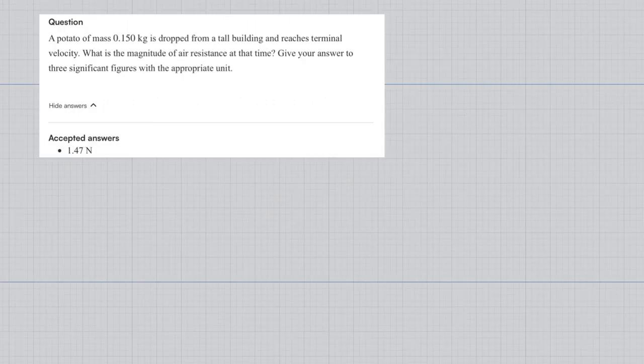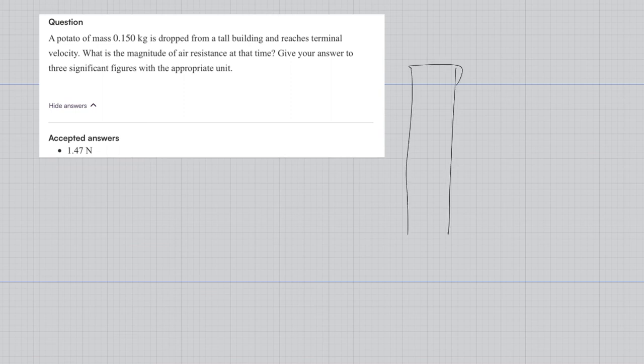Our next question says, a potato of mass 0.15 kilograms is dropped from a tall building, and reaches terminal velocity. What is the magnitude of air resistance at that time? Give your answer to 3 sig figs. So if we look at this, our answer is going to be 1.47. The concept is if this is our tall building,